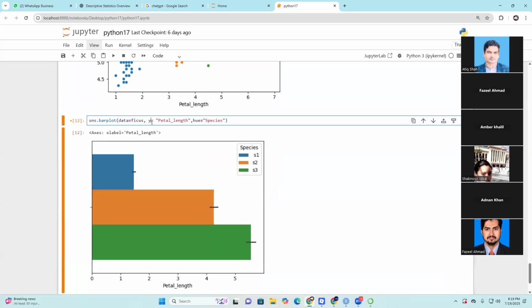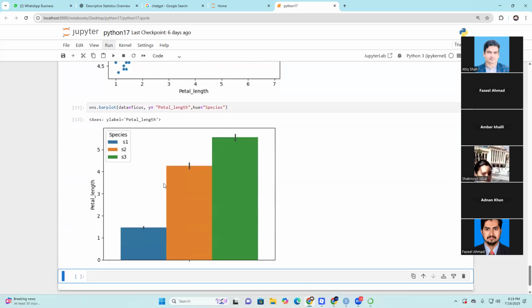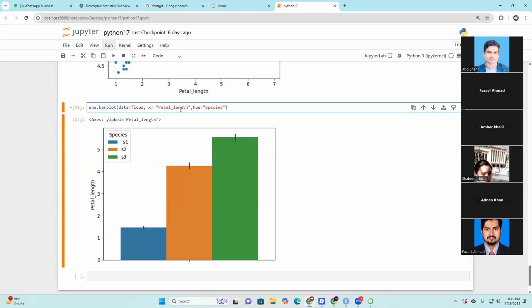If I give here y, the value petal length is on the y-axis. So these values are on the y-axis, and S1, S2, S3. And if I give here x equal species and run it again,